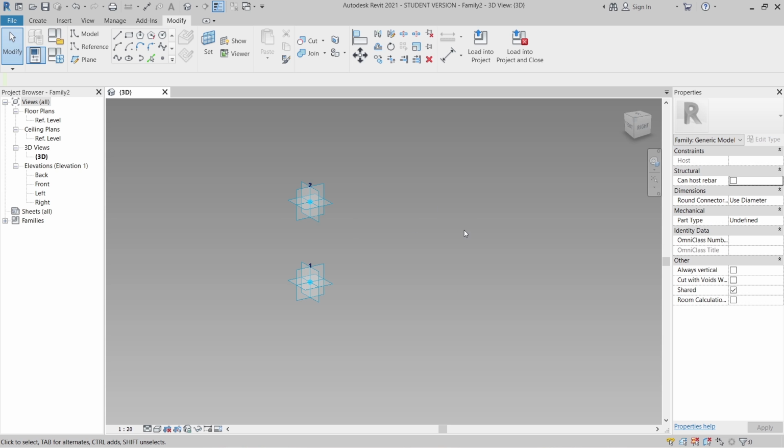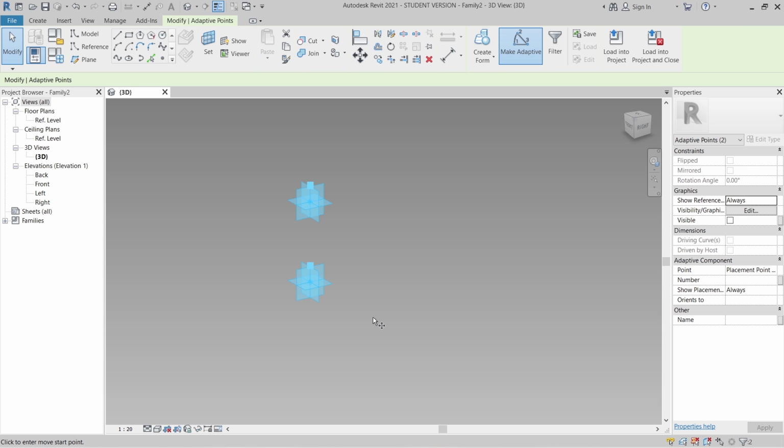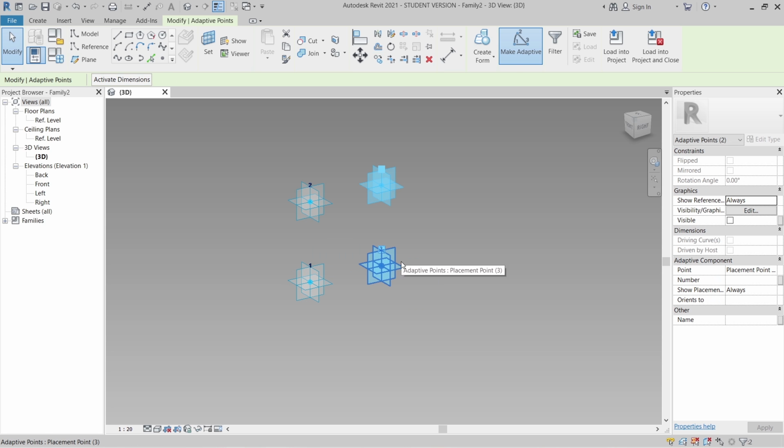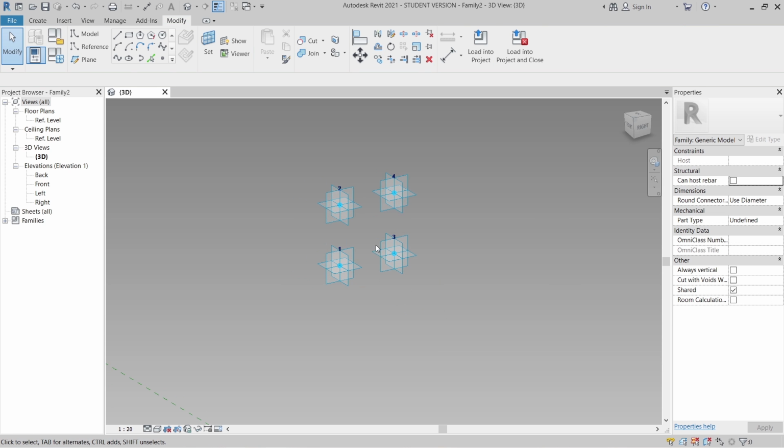Now I want to copy also, and those points 3 and 4 are also for the adaptive component. I can select all here, then CO for copy. I will start from our point there and offset this by 500 for spacing, then hit Escape a couple of times.